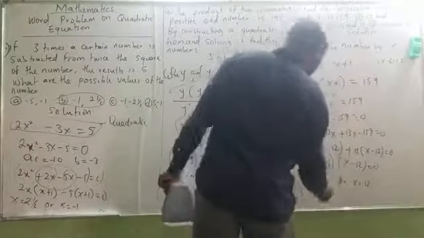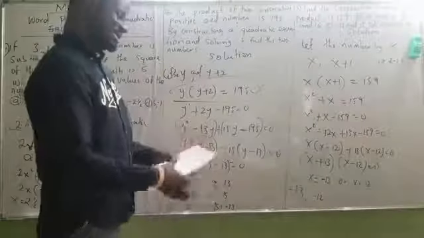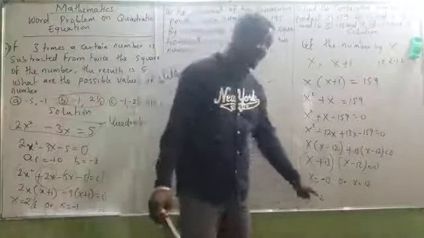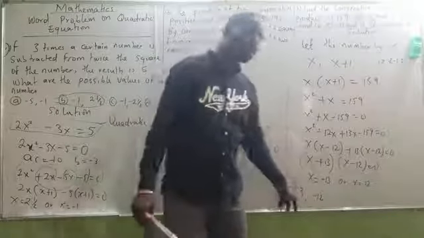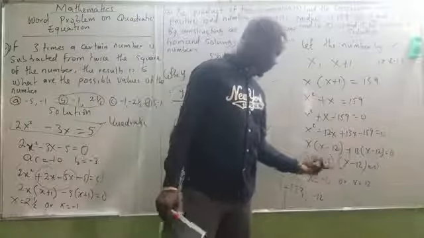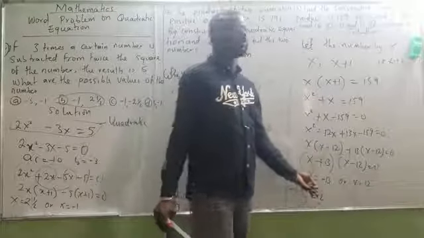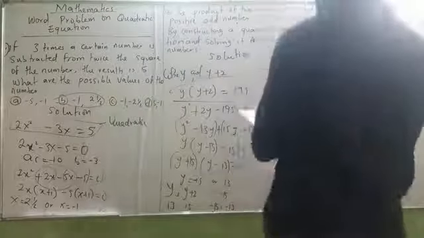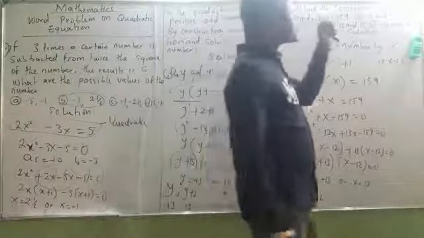Now, can you see, if I should try what I've done, let's put minus 13. The next one will be what? Minus 12. Can you see the number is ascending? This is ascending order, please. The next one will be, and so on and so forth. This one does not follow a pattern of what? Even or odd. That is why we have a mixture of what? Even, odd, and prime numbers. Anyhow it is, I think by now, by these 3 examples, you should be fine with word problems on quadratic equations.